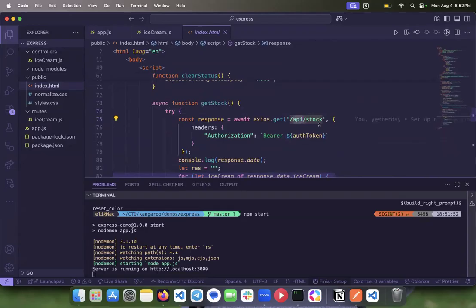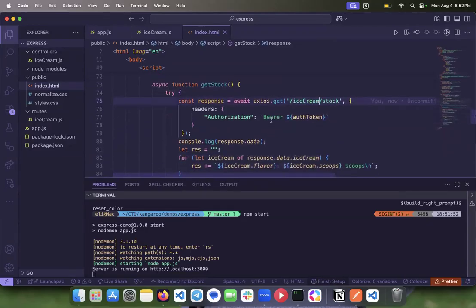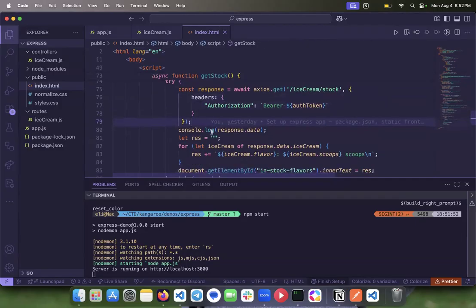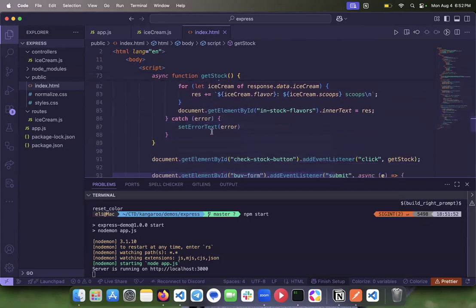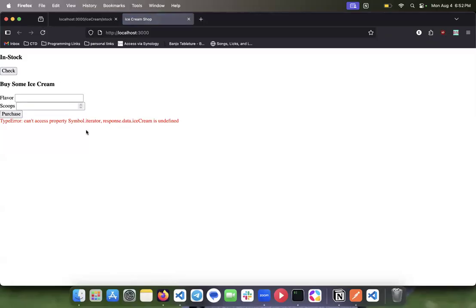So this is going to /API/stock. This should be /ice cream. It's sending in this authorization bearer token. This is a header that says my auth token is this thing. This is a standard format for any JSON web token, which we'll talk about in another week. We're going to leave that even though it's not doing anything here. And so now if I restart the server,